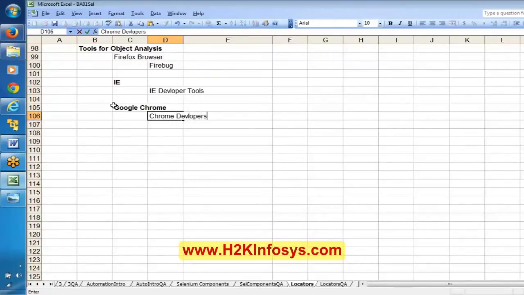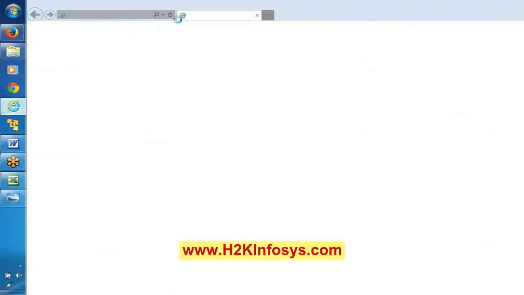These are the different tools for different browsers. But in general, most of the Selenium automation testers use this Firebug. However, if you are habituated to Internet Explorer, you can use IE Developer Tool. If you are habituated to Google Chrome, you can use this Chrome Developer Tool to find the different HTML structure of the application. Now see here.